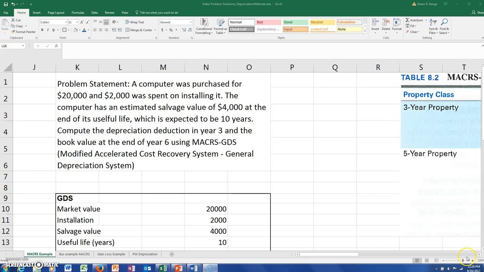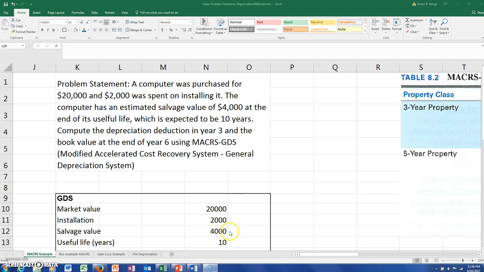So we have some information down here. We see the market value, what we can buy it for right now, is $20,000. The installation cost is $2,000. And remember, what we've learned earlier is that we're going to capitalize, or depreciate, the total cost to put the equipment or the asset in service. So even if we buy the computers for $20,000, if we don't spend the $2,000 to install them, we won't be able to use them. So the full $22,000 is what we're going to capitalize, or depreciate over time, using